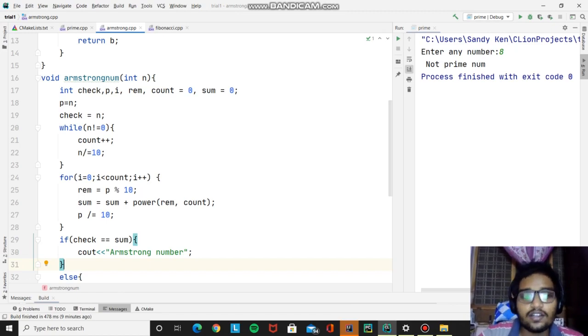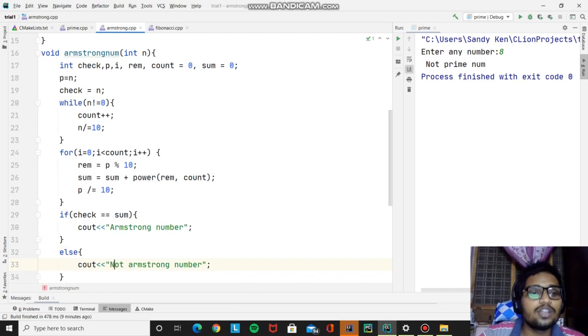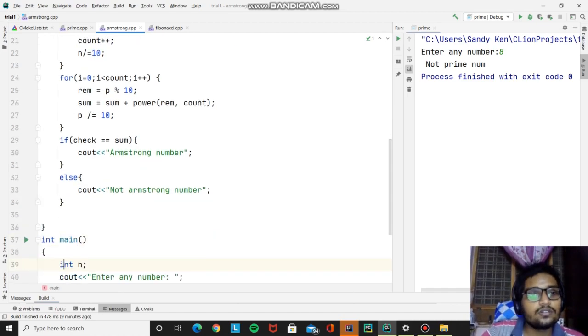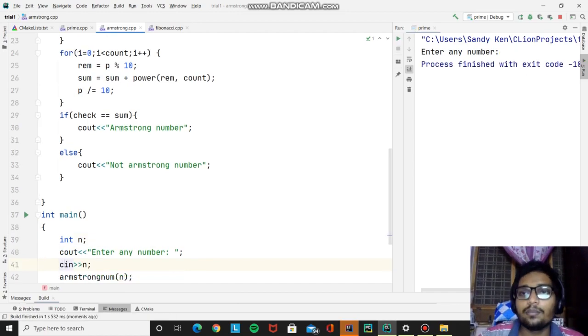Any variable name we can take. We are checking if check is equal to sum. That means the calculated sum should be equal to the entered original number. Check is nothing but the user entered initial number. And if it is equal to sum, it is an Armstrong number, or else we print that it's not an Armstrong number. I hope it is fine.